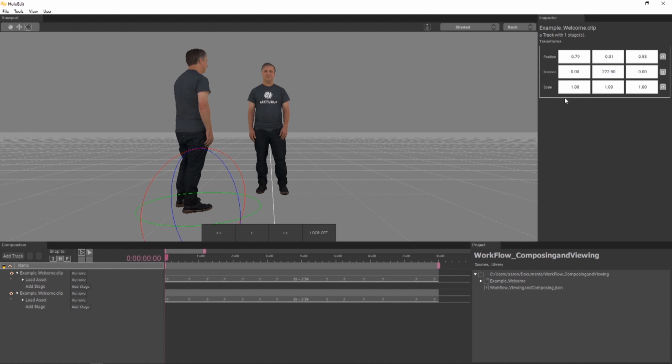You can also use the inspector to move your object around the viewport. First, click on the track's name in the composition window. In this case, that's example_welcome.clip. Notice that when you click on the clip name, the inspector changes to show you the clip's position, rotation,